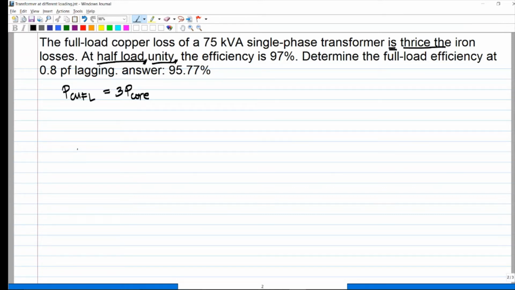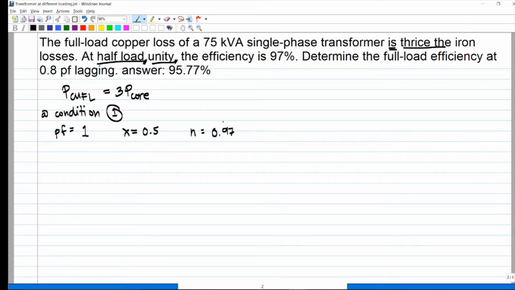So ang gawin natin kapag ganoon, ang magandang gawin sa solusyon is ilista muna natin, for example, at condition number 1, ano ang power factor na ginamit sa transformer, ano ang loading, and ano ang efficiency. So at first condition, the power factor is 1, the loading is half load, or that is 0.5 dahil kalahati, and the efficiency is